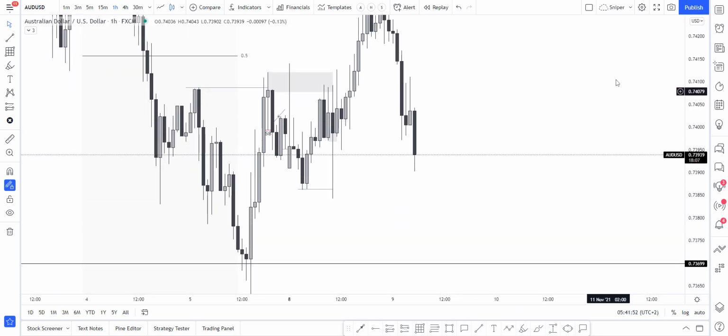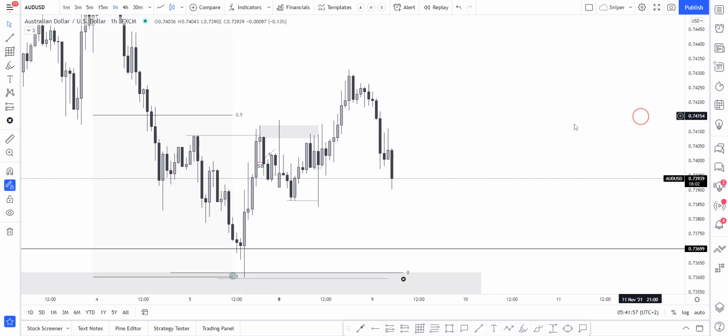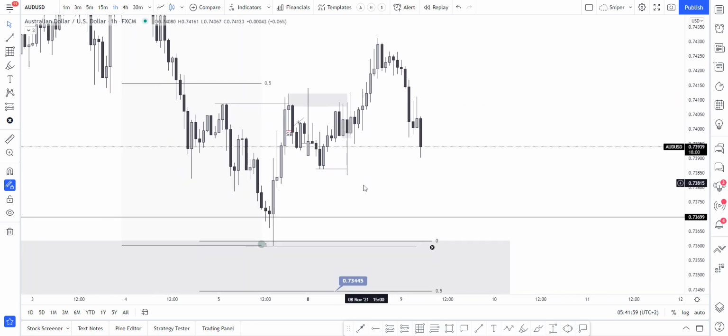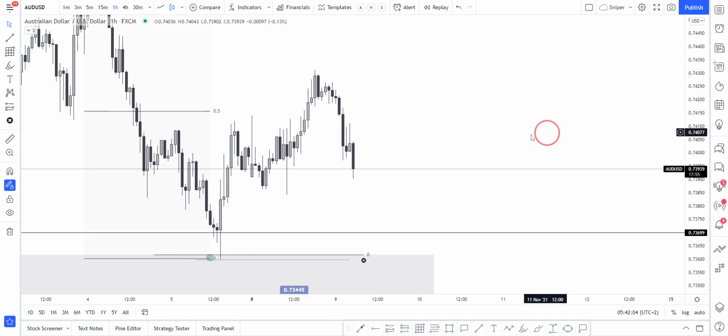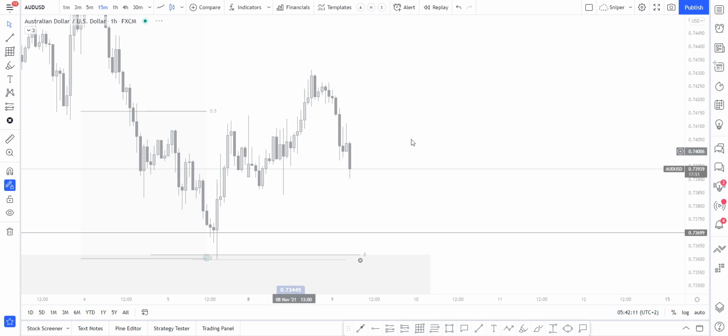If we look at the 1 hour, we can see some clean, strong impulsive moves towards the downside, but there's no real order blocks or areas that I think that we could base a trade off just yet. Potentially we also haven't yet broken any structure. Maybe on the 15 minutes we could see some cleaner and clearer price action as to where we could retrace to and then take a short from. But I do think potentially sells today. We just have to make sure that we get in at a